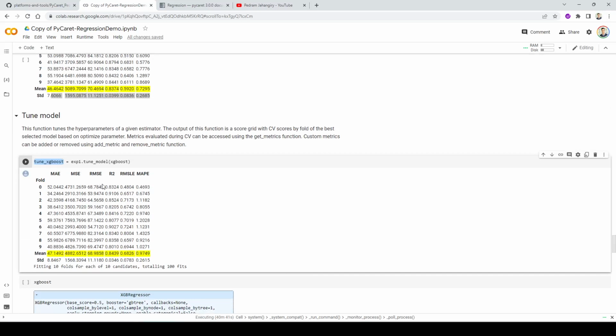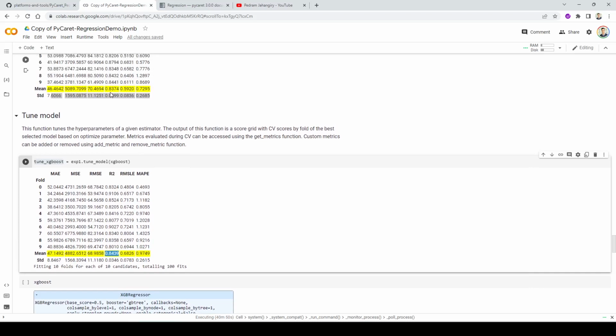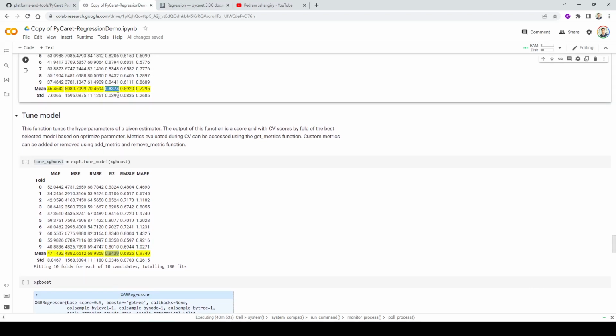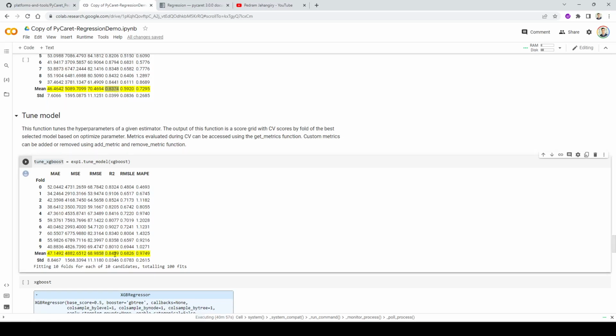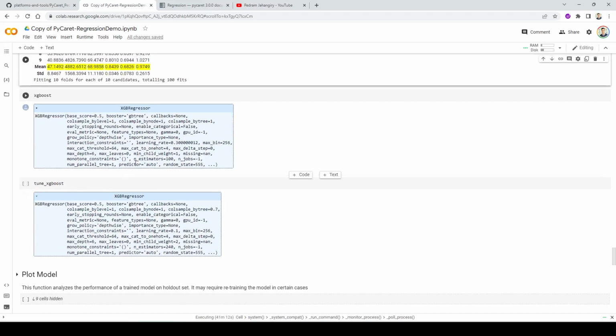So again, it's going to do 10-fold cross-validation, and now, surprise, surprise, we got better R-square for the tuned XGBoost. The XGBoost performance was 83.74. Now it is 84.39. Okay. So far I like the performance of this tuned XGBoost, so maybe this is my winning model. Now we want to see if we can do better or not, so this is what I'm going to cover down the road. If you want to see what is inside XGBoost and inside tuned XGBoost, basically what happened in that tuning part,